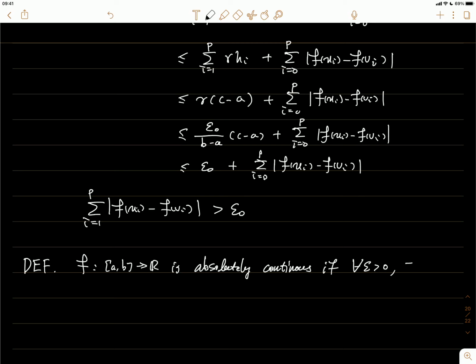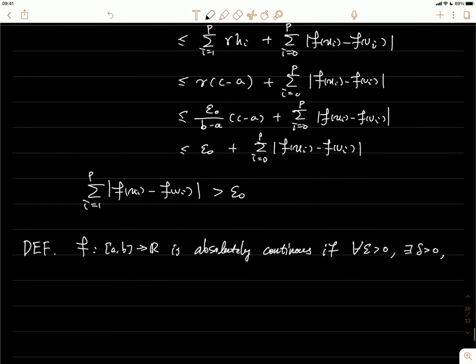For any epsilon there exists a delta greater than 0 such that for any mutually disjoint intervals